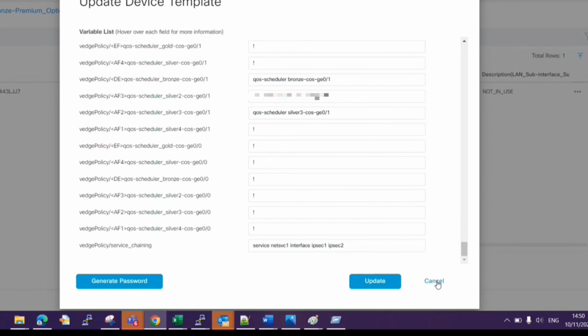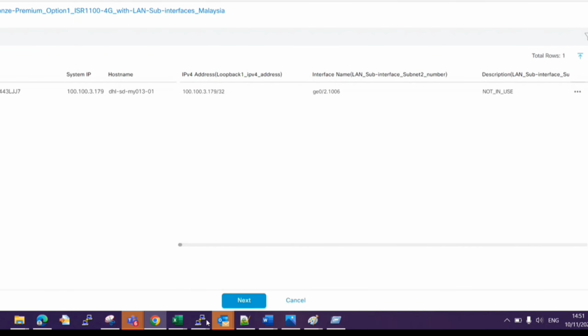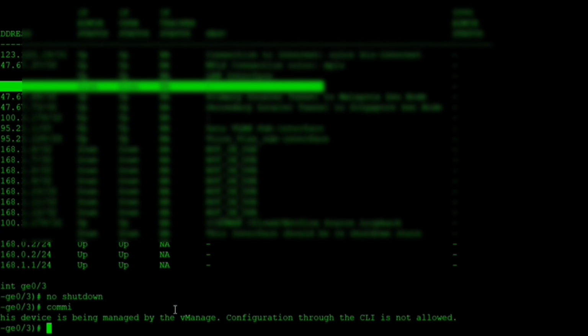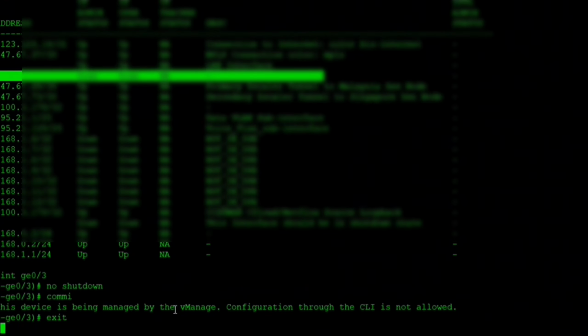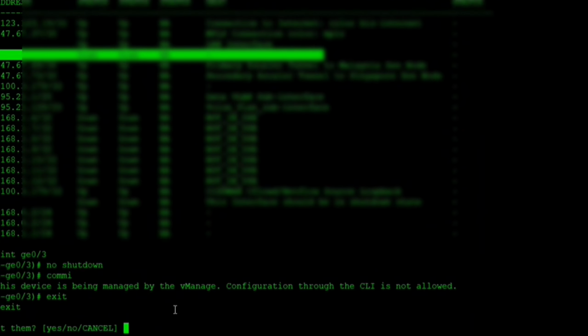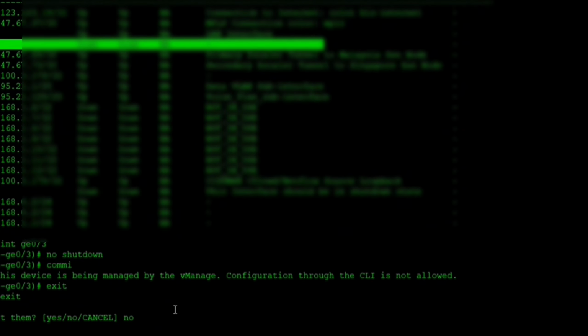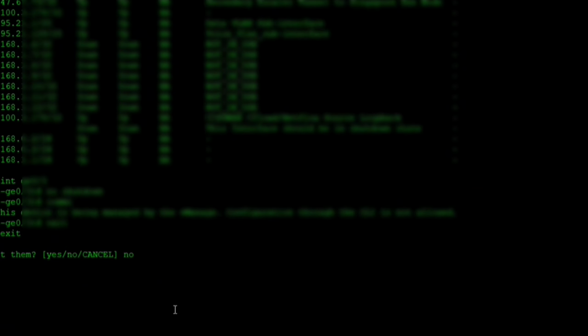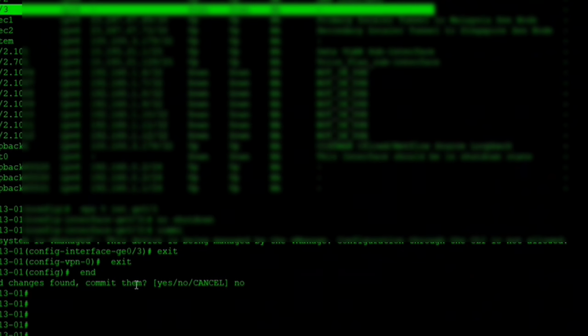Anyway, what I'm doing for now to show you is I quickly do exit, or end, whatever you prefer. I don't want to make any changes. Anyway, the SD-WAN box will warn you if you have done anything by mistake and forgot; while exiting from that mode, vManage will still tell you that you have some uncompleted changes. If you still want to undo it or save them, likewise I have tried